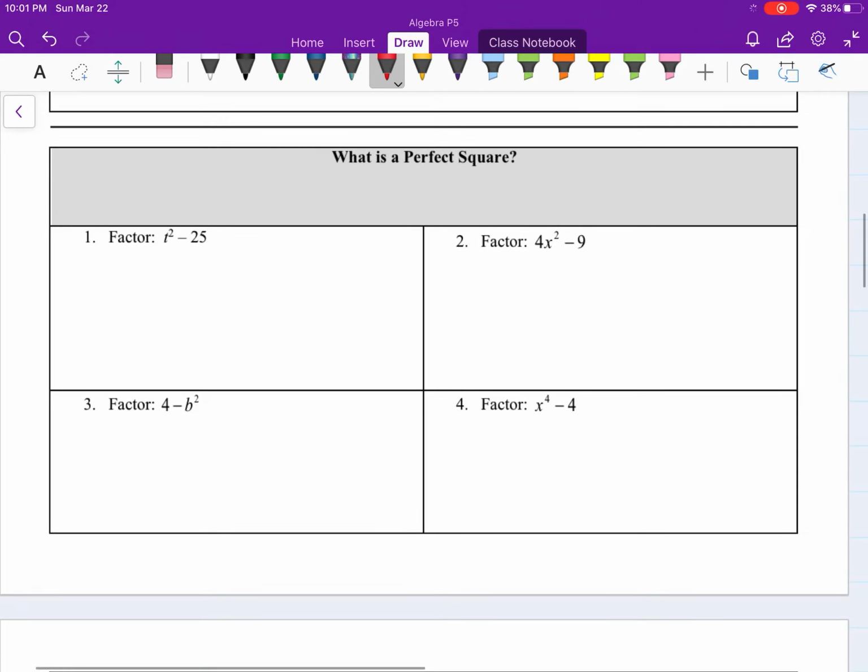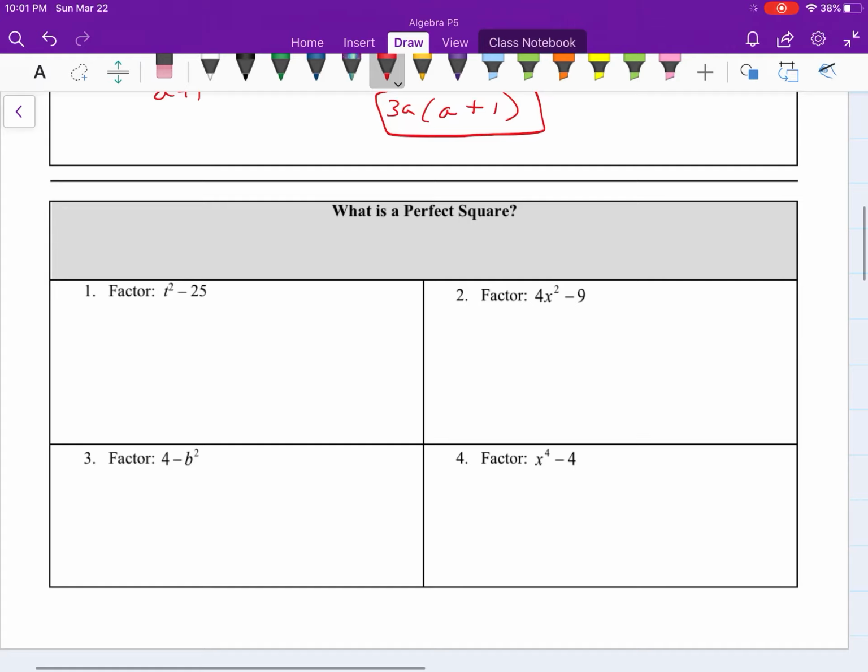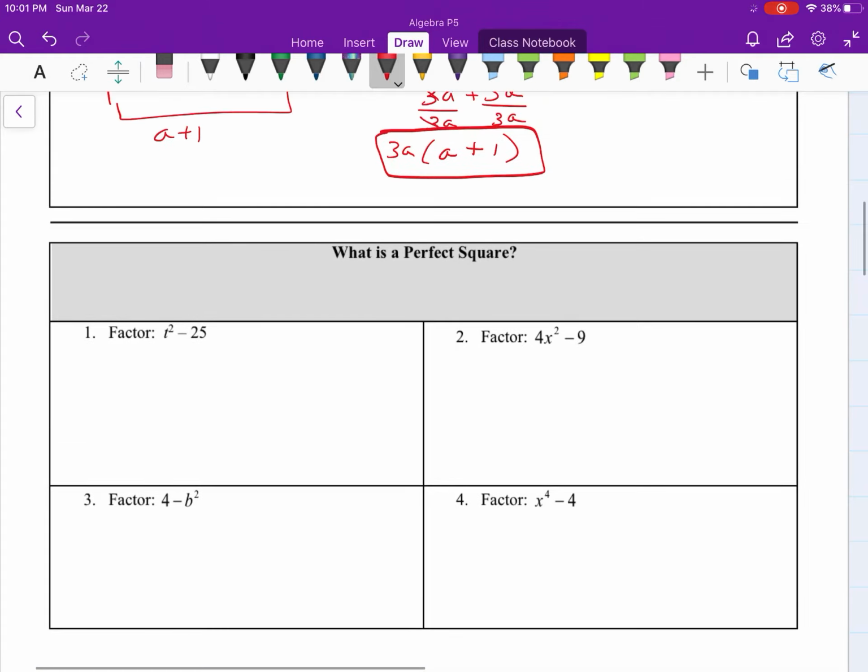Okay. So, coming down here, it says, what is a perfect square? Now, that's something that we used to talk about back in the beginning of the school year. A perfect square is a number that if you multiply it by itself, you get a product like, let's say, 4. 4 is a perfect square because it's 2 times 2. Or 9 is a perfect square because it's 3 times 3. I'm going to go ahead and write out the list of all the perfect squares that we might have already talked about, such as 16 because it's 4 times 4, 25 because it's 5 times 5,